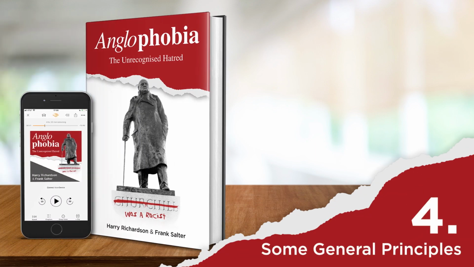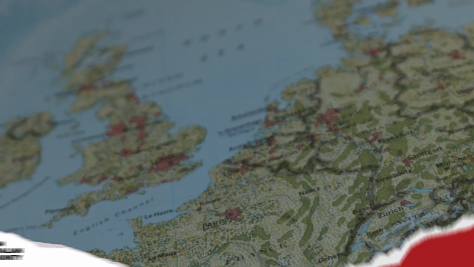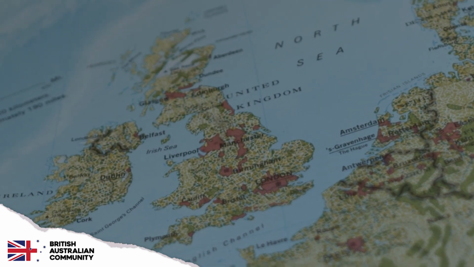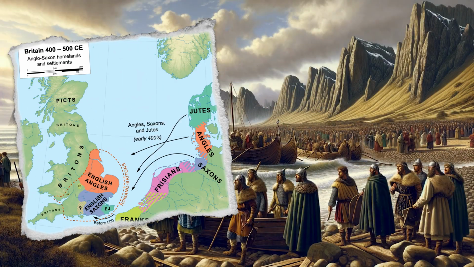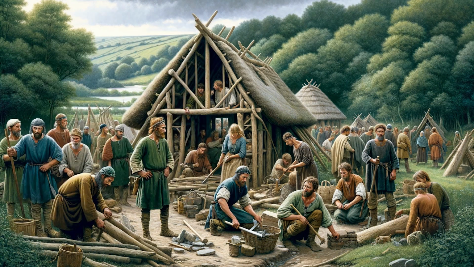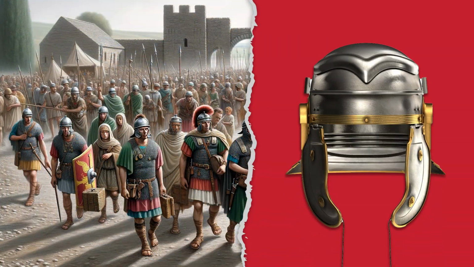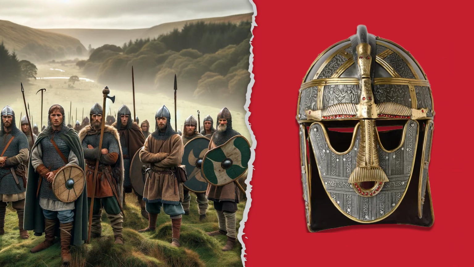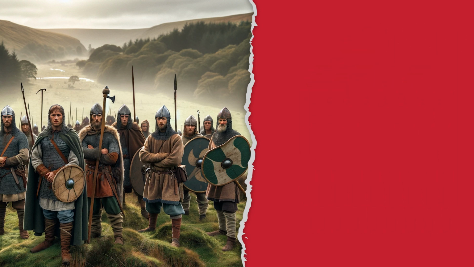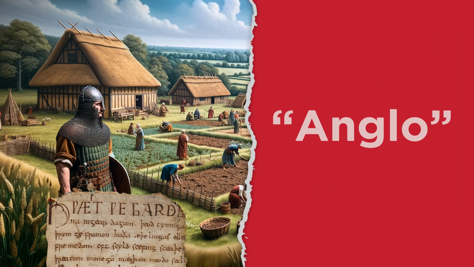Some general principles. The meaning of Anglos has changed over the centuries. The name originates from the Angles, one of the Germanic peoples who settled in parts of the British Isles after the Romans evacuated around 450 AD. Anglo-Saxon became the collective term for these peoples, and also named their language with the term Anglo, transforming it into